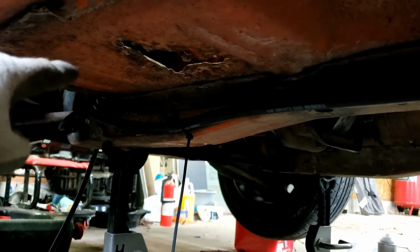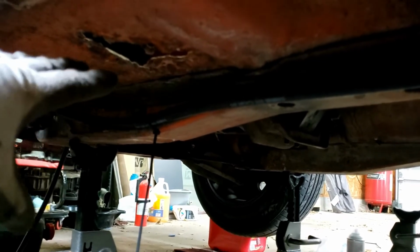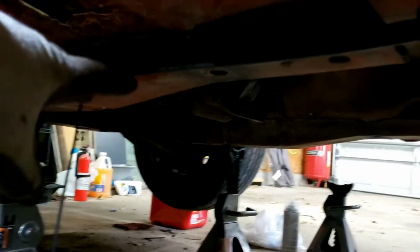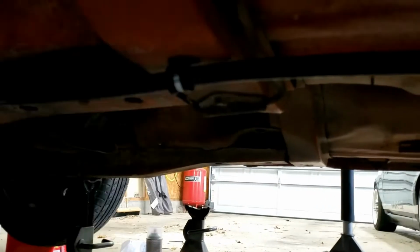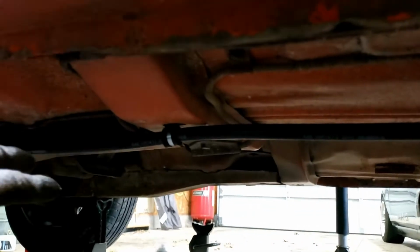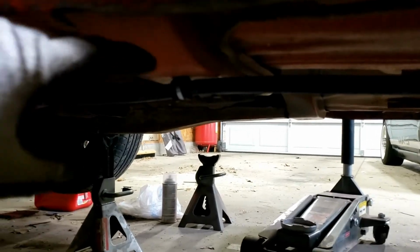So I've got the feed line running right here. Yes, it's zip tied to a brake line there, just to keep it up as high as I can. I didn't have a whole lot of room to put another P-clamp there. I put a P-clamp here on this little support right here. I think it's kind of the end of the unibody rail, sort of, but I'm not super happy with it because it does stick the line really, really low,